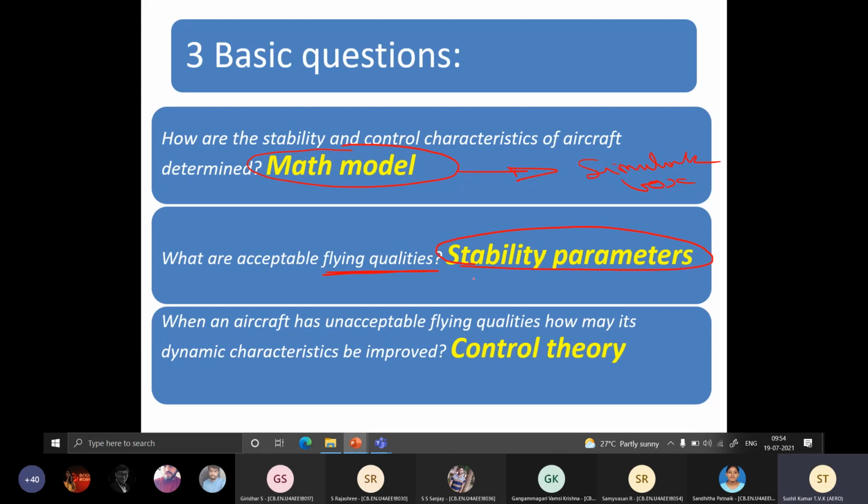And what you have seen in your control system, second order systems will have two parameters, damping ratio and the natural frequency. For first order system, we will have only the time constant. Once you analyze the system, then you might find that it is not satisfying these flying qualities. So you design aircraft. Now this design is based on whatever you have learned in your control theory.